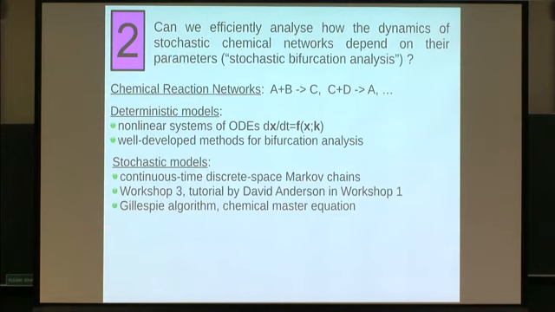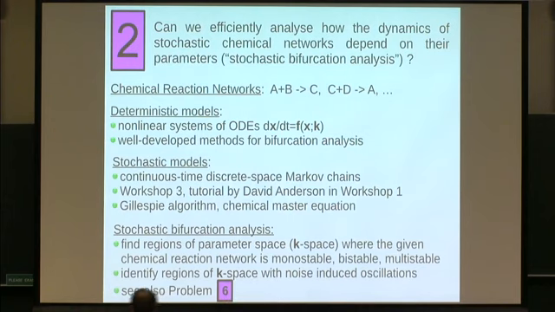But a big question is to actually do something similar to what is developed for deterministic models, bifurcation analysis, to understand if I change the parameters, how the dynamics of the system changes. For example, find the regions of parameter space in this K space where the given chemical reaction network is monostable, bistable, multistable, or identify regions of noise-induced oscillations. So I put stochastic bifurcation analysis